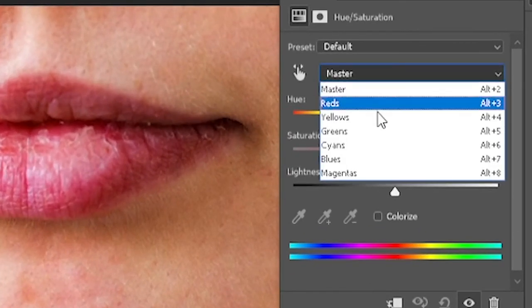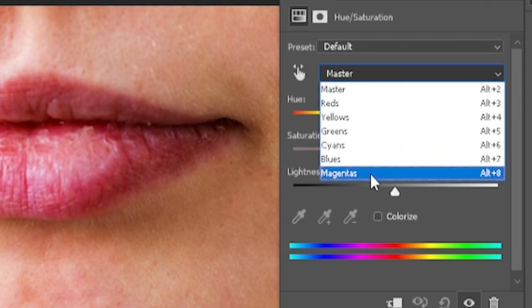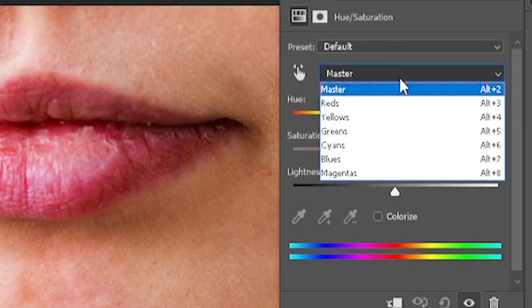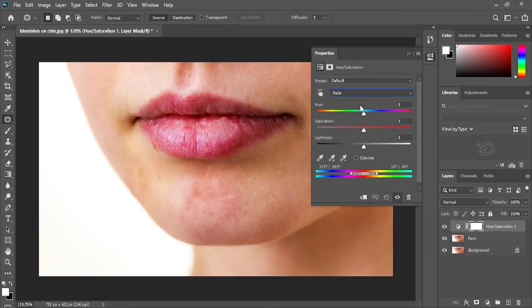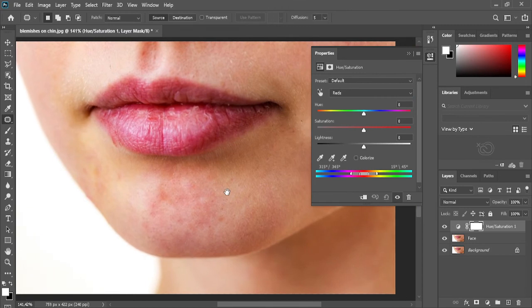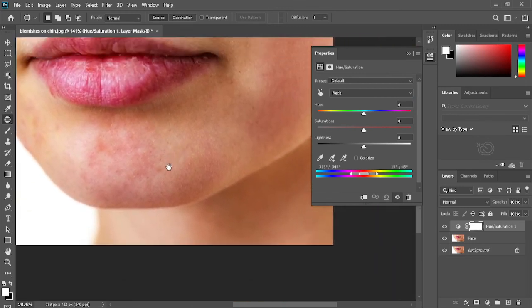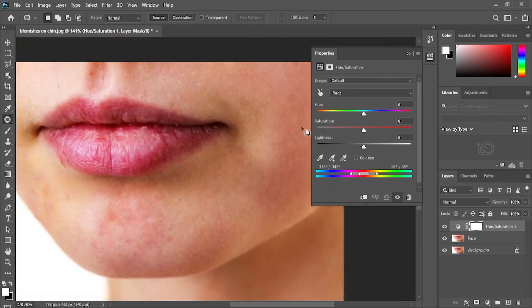So you can choose red, yellow, green, cyan, blue, magentas, those colors that build up other colors. And in this case, we want to remove the red, so we're gonna adjust the reds. Select the reds, and just drag it a little bit so that I can see it clearly. And then, as you can see in this slider, it starts with red, orange, yellow, green, etc.